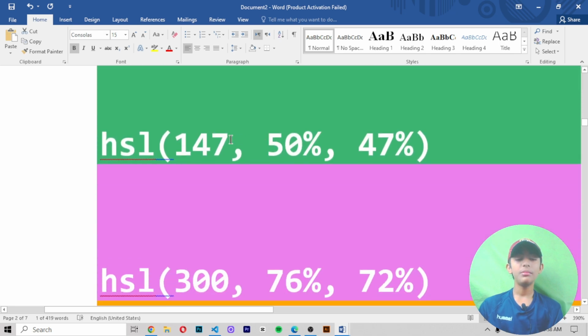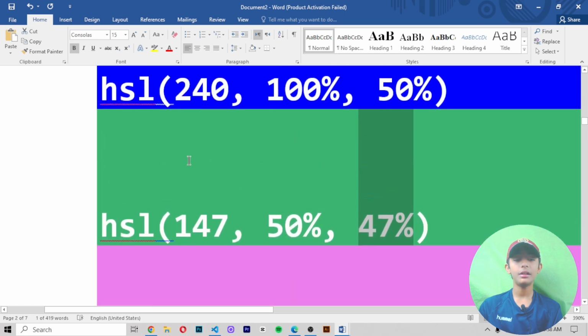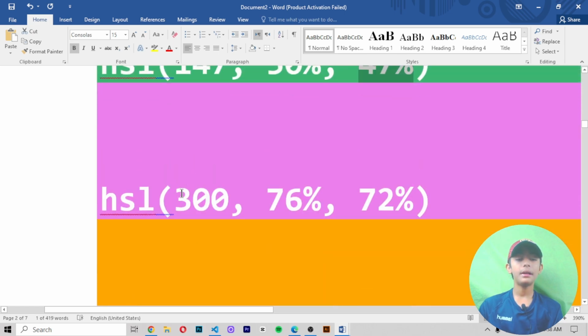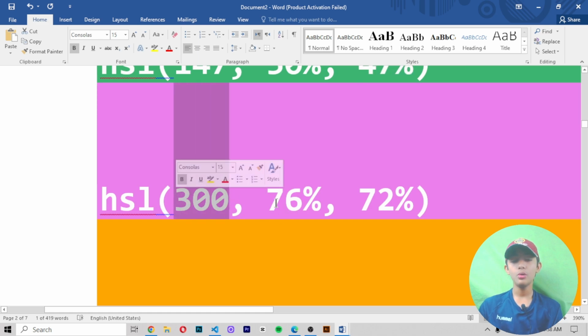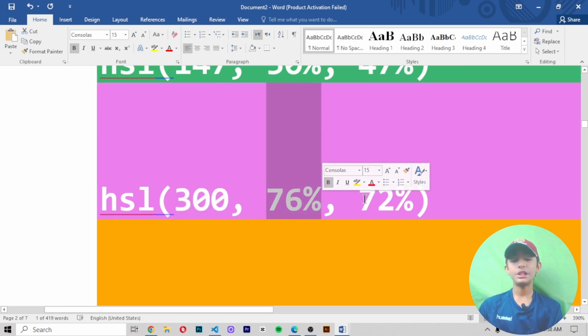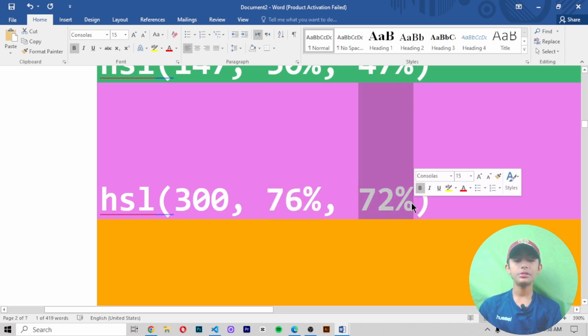Then here I give 147 hue, 50% saturation, and 47% lightness. So it gives me the green color. And the pink color: I give 300 hue, 76% saturation, and 72% lightness, so it gives me pink.